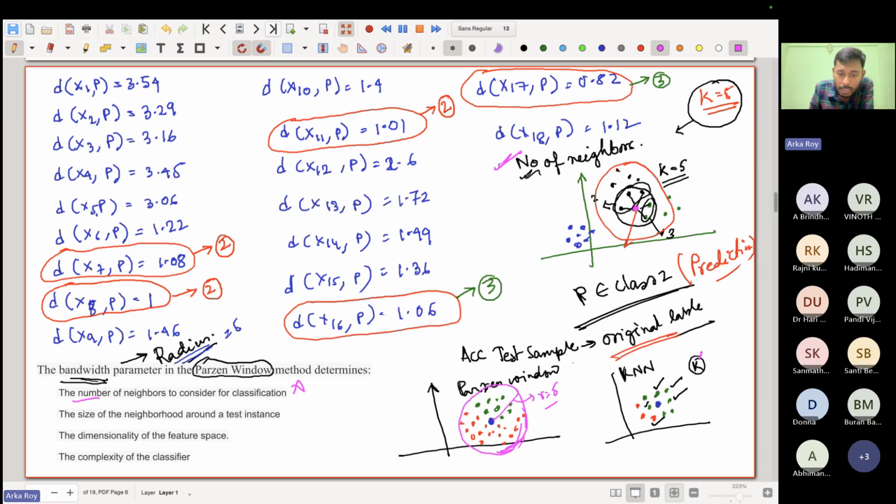So over here you can see that you had the unknown data point, this blue one. You have drawn a circle with bandwidth parameter equal to 5, and then you have constructed this particular circle, and then you can see the number of neighbors. So this is the neighborhood, and the neighborhood comprises a large number of data points. So therefore, you can see this particular bandwidth parameter basically deals with